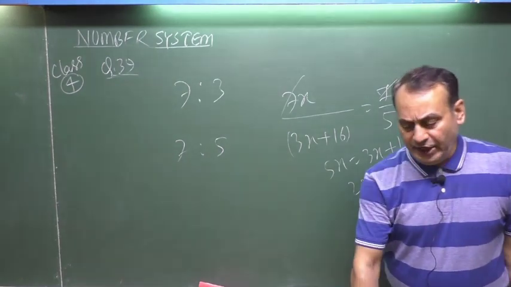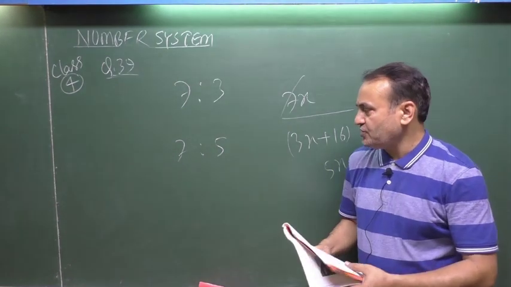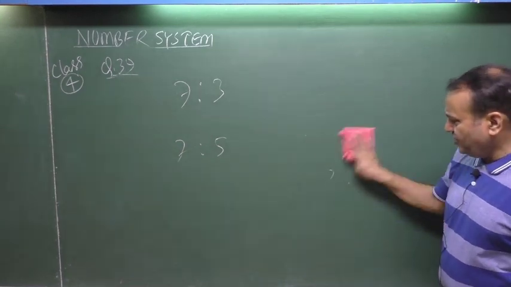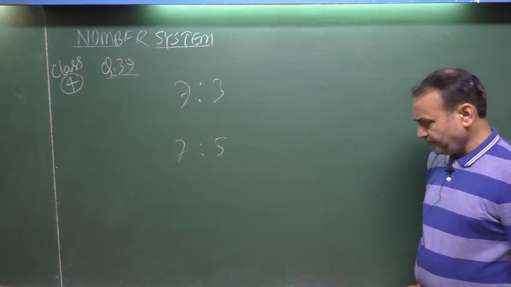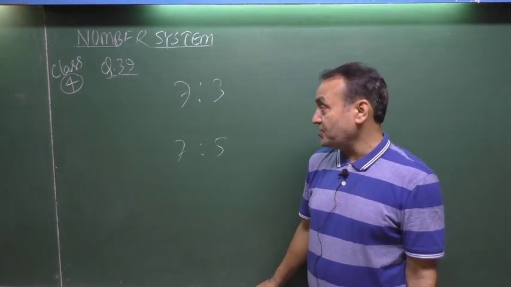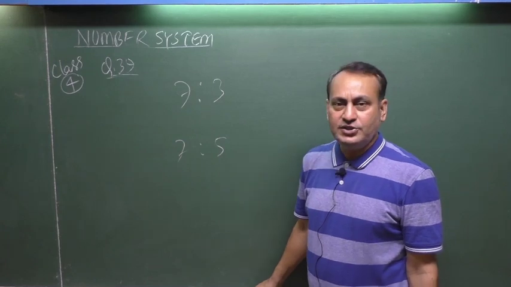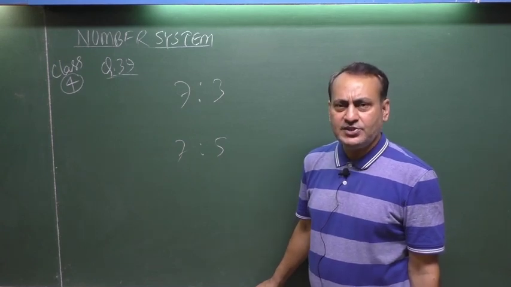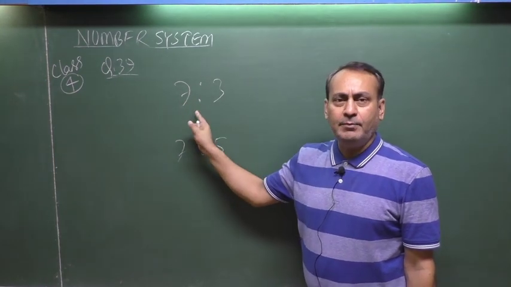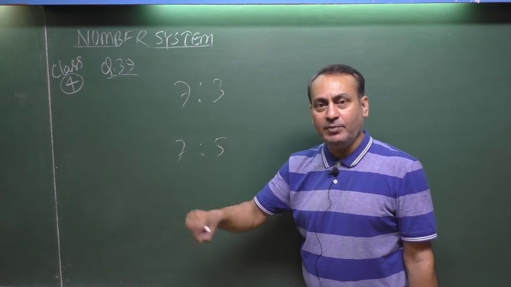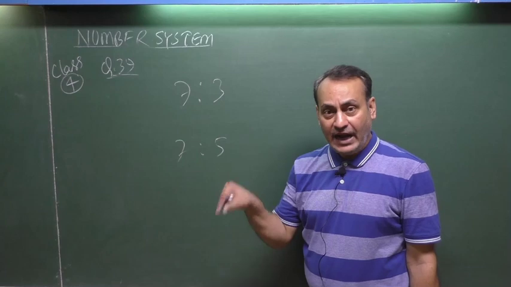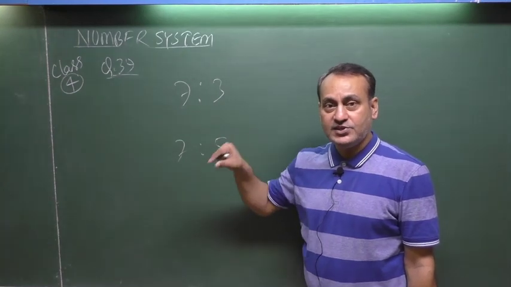Now, according to the language, you can search for another trick here. You can apply the trick yourself. Just read the language carefully. See here. There are two numbers in the ratio 7:3. After 16 is added to the smaller number, the ratio changes to 7:5. That means the bigger number is 7, the smaller is 3. The bigger number has neither been added to nor subtracted from.